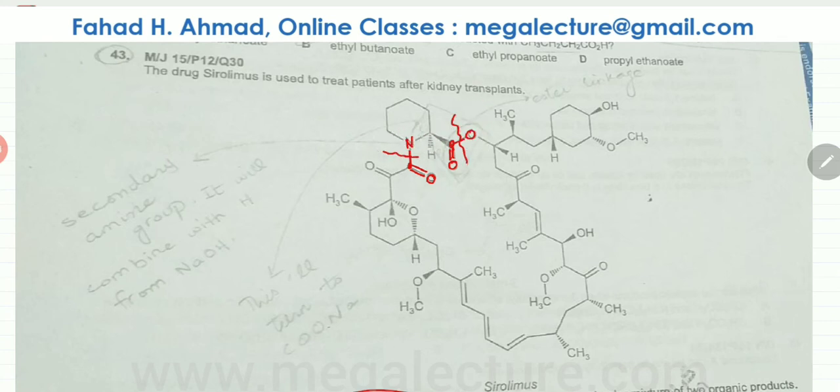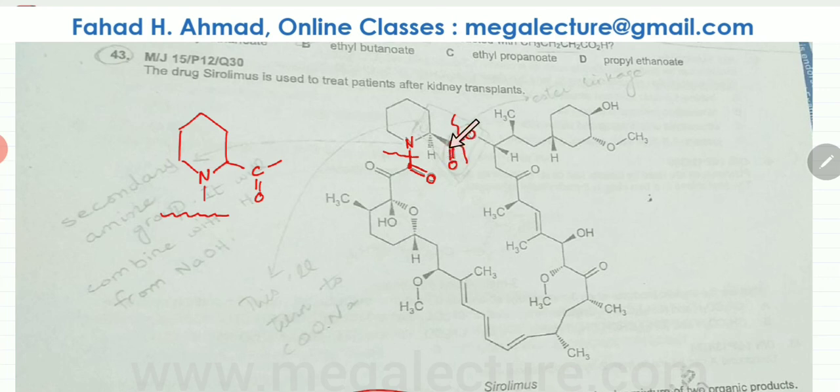Remember, I told you the amide link is C double bond O next to a nitrogen. That might be bonded to one or two carbon chains. So let me quickly try and redraw this. So you have this ring structure with this nitrogen at the bottom. And this bond has broken. So the molecule on this side has broken. So look carefully, this link has been broken. And this other side had a C double bond O, and the link towards this side was also broken.